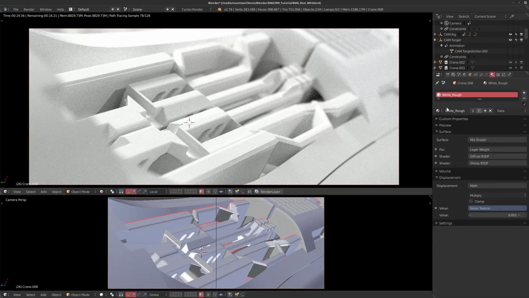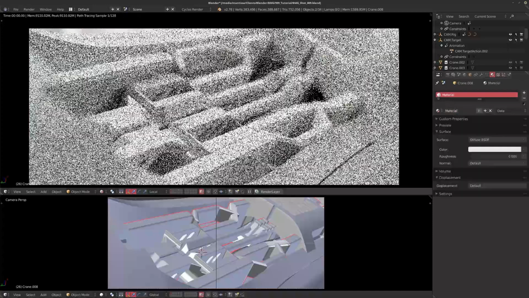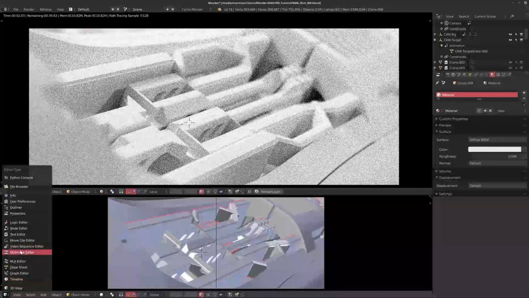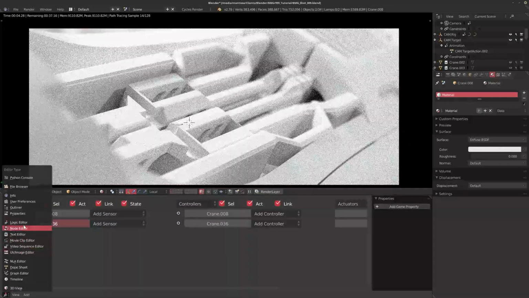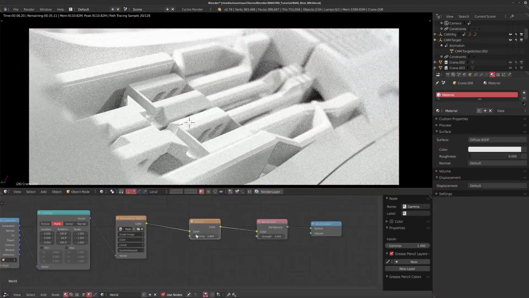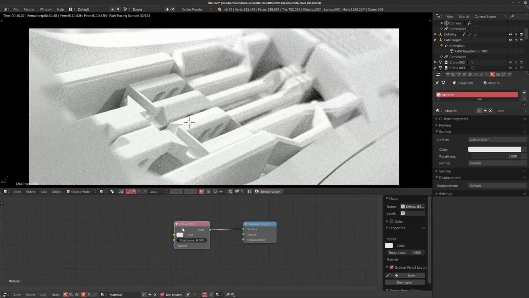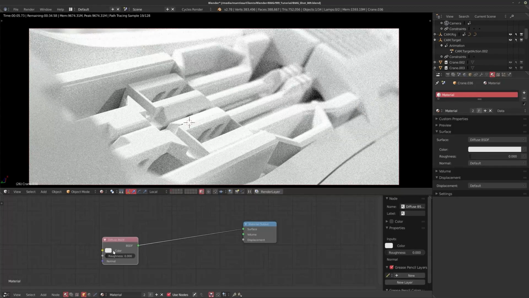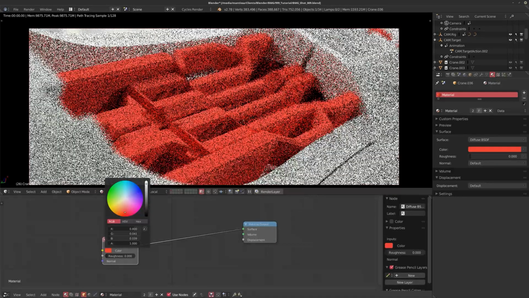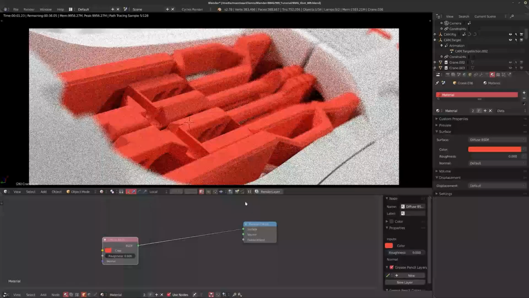So now I actually have my shader in here, so I could create a new one. So I'm going to throw this one out, create a new shader, go back to my node editor, not the logic editor, but the node editor. There we go. And I'm going to set this to object, and now I have just a plain white shader. And in my case, I believe I used a red color. So now I can actually see this thing light up.